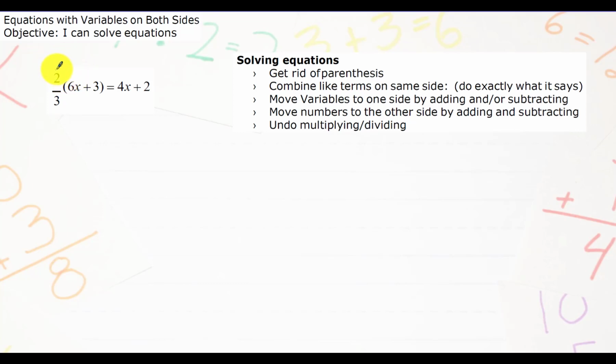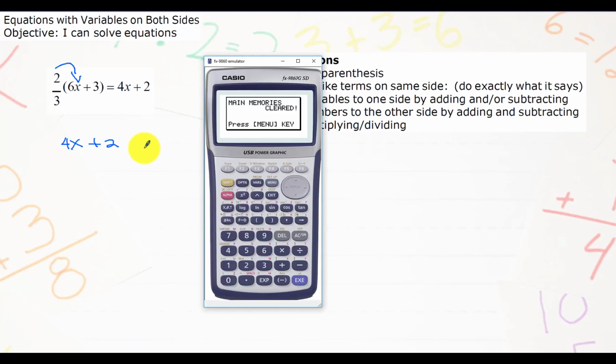Okay, so 2 times 6x will just be equal to 4x, and then 2/3 times 3 will give us positive 2. If you would like to check your answer, we can use our Casio to verify that 2/3 times 6 is equal to 4. So using our Casio,